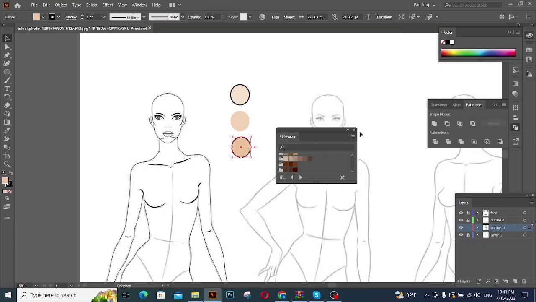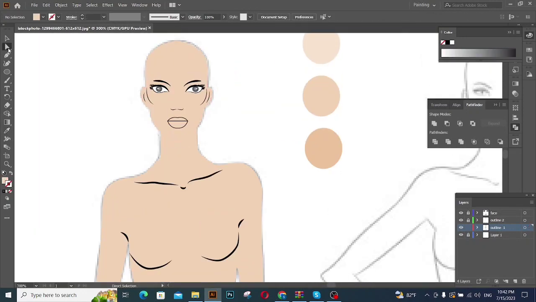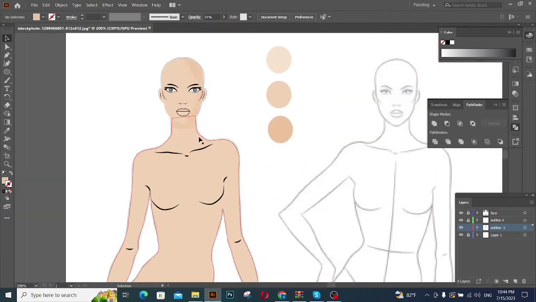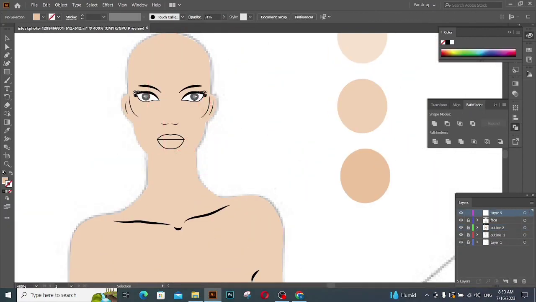You can get a skin color as you like, or you can get a skin tone using the Adobe library. Select 3 shades. One is your skin tone, the other 2 are lighter and darker shades of the selected color.